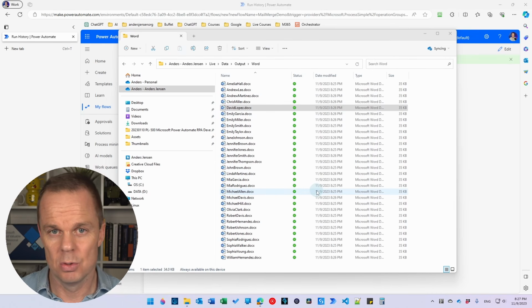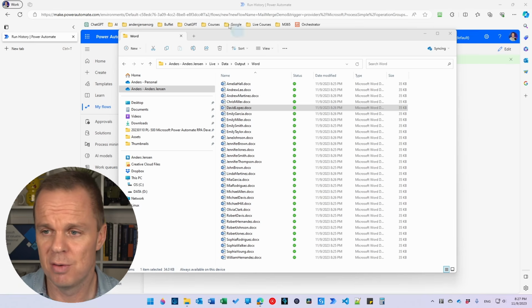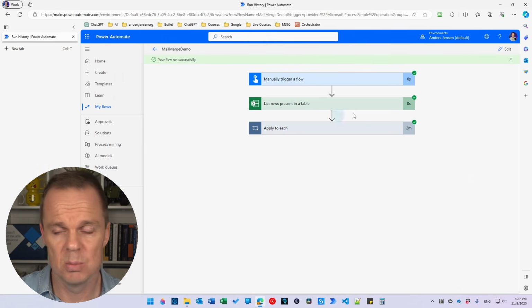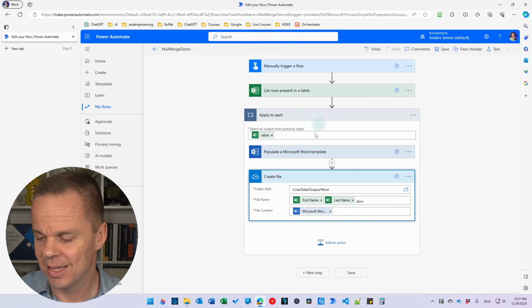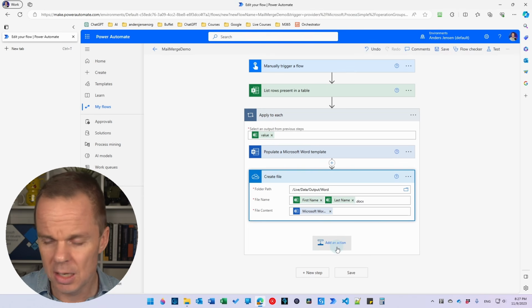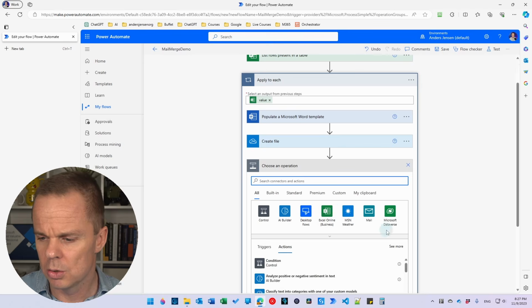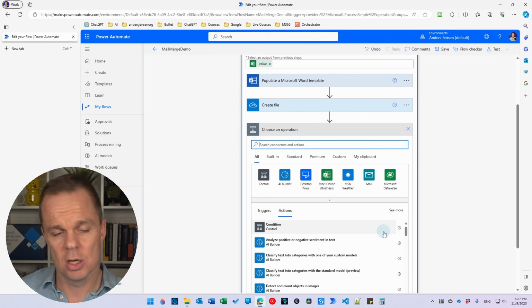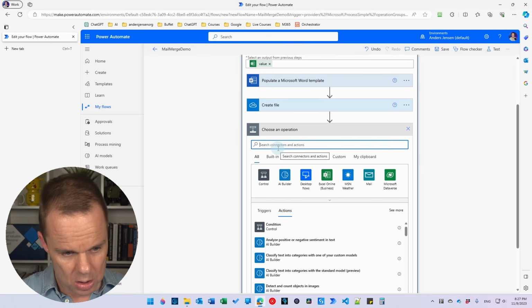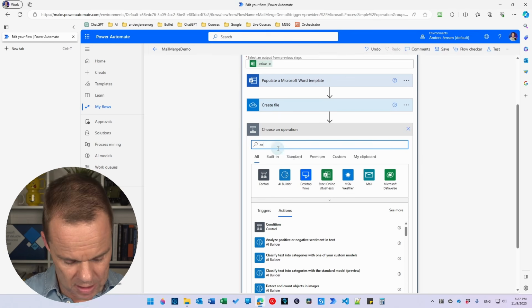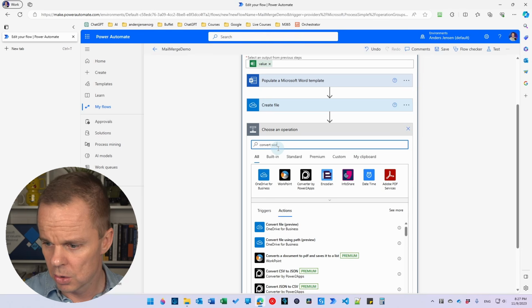Let's say that we want to generate PDF files instead. That might be the preference of some. And I go back to Power Automate. Then I'll click Edit, and here I'll click Add an Action, because now we also need to convert this Word document to a PDF. So again, here we can find a convert Word